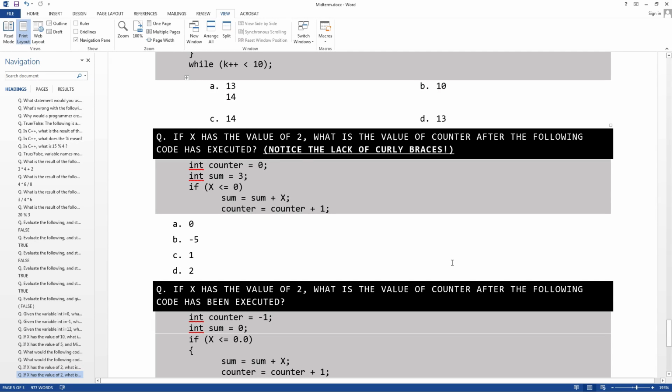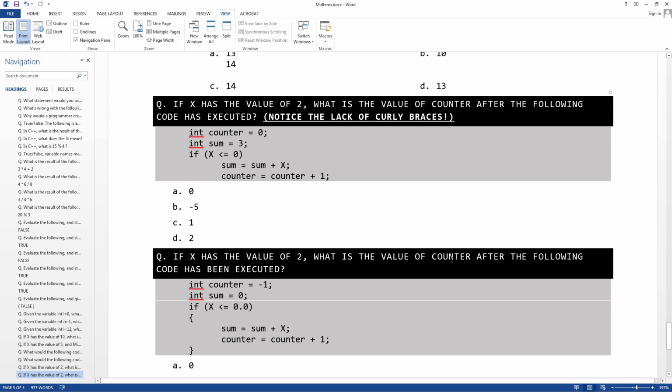Okay. So this was me testing curly braces. Basically it's 2 almost identical questions back to back. They're very similar, only this one has curly braces and this one does not. I even tried to let you guys know about the lack of the curly braces. Don't let the formatting throw you off here. The key is that for if statements, it'll run whatever's in a body after it. But if you don't put curly braces in there, it only ever runs the next line.